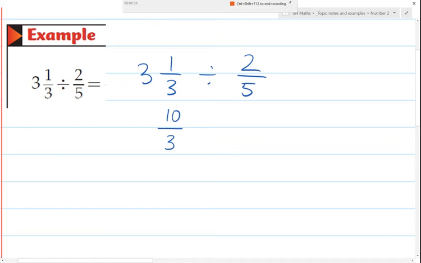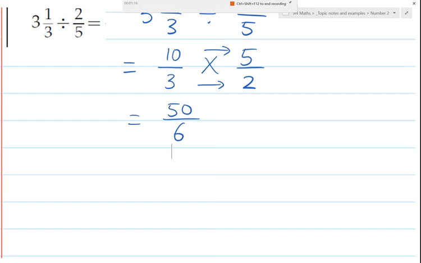Okay, and we'll change divide into times, and then we'll reciprocate the second fraction, which means write it around the other way. Okay, now we've got it in that form, we can times top with top, bottom with bottom, and that gives us 50 over 6, and we can simplify that to